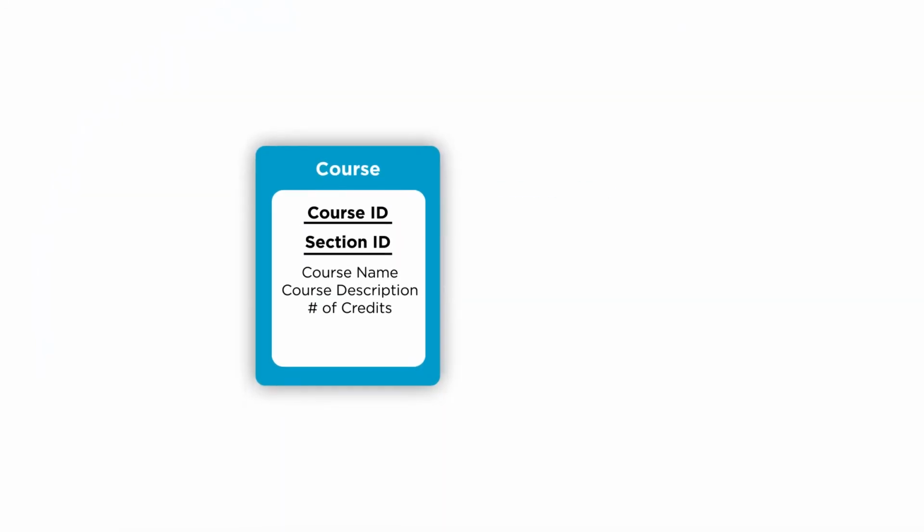Most of the time, a primary key tends to be a single attribute, but sometimes we can have what we call a composite primary key, which means that the primary key consists of two or more attributes, and if we put them together, they are unique for each instance of an entity. So, for example, a course might have a course ID and a section ID. While we might have courses that have the same course ID, we don't have a course that has the same course ID and the same section ID together.